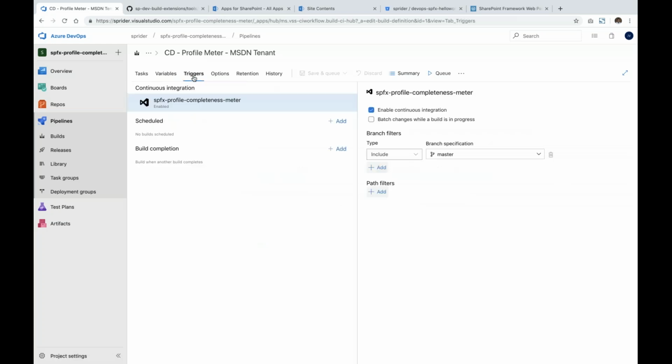And the second thing we are going to do is enable continuous integration, and then choose which branch you are going to pull the code from. Right now I have master for this particular demo, but as a general practice, developers in the development environment will deploy manually multiple times and verify. But when it goes to QA, from the development branch, you are going to create a pull request